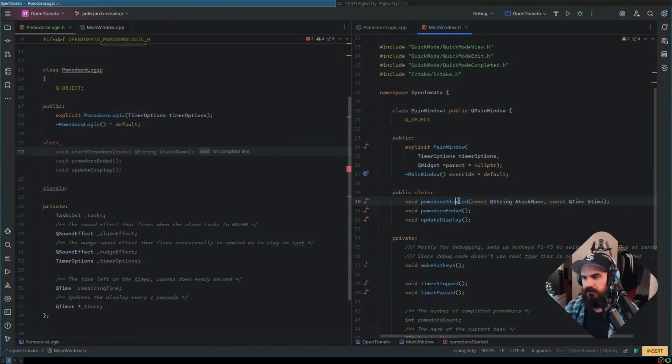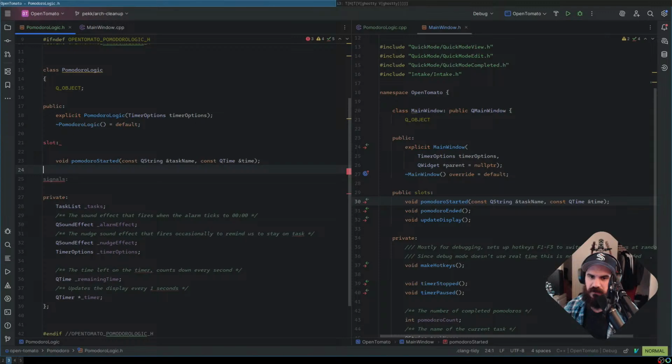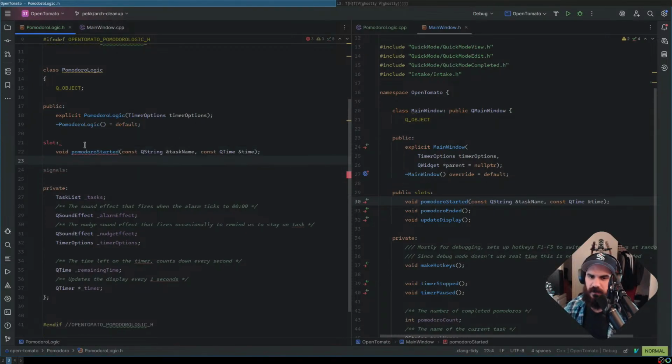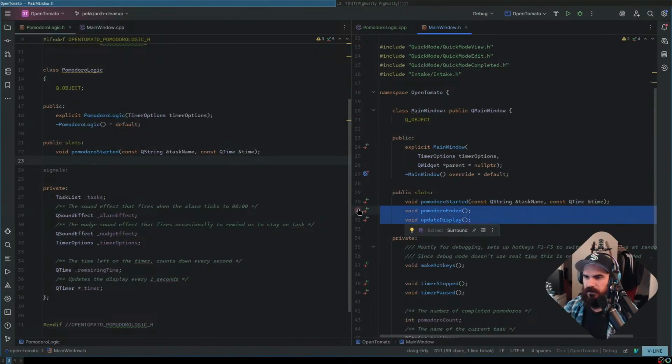And the UI is going to be communicating to us probably like this, basically. Slots. So I think we're going to have these still.